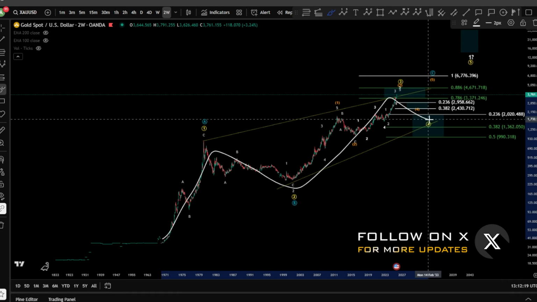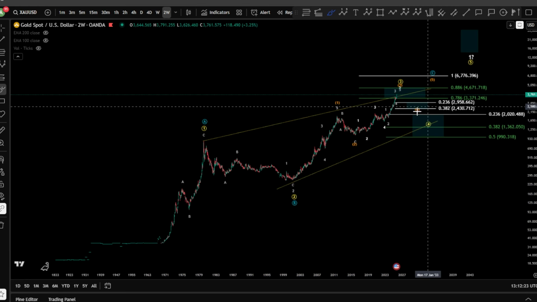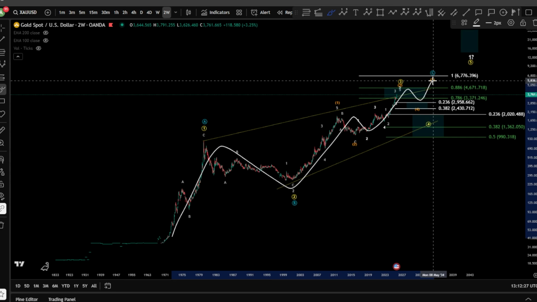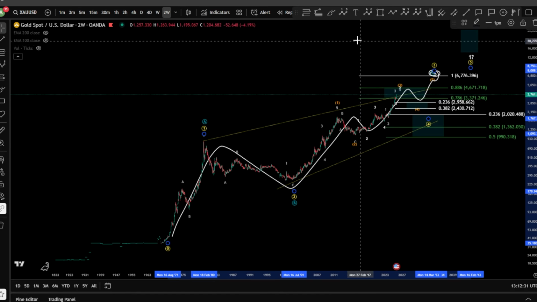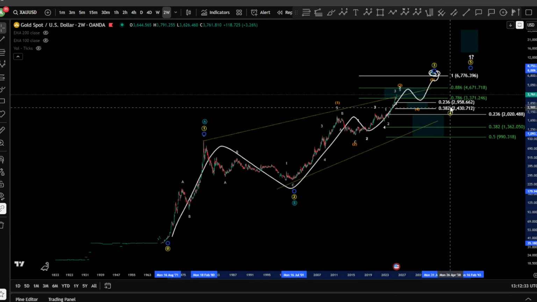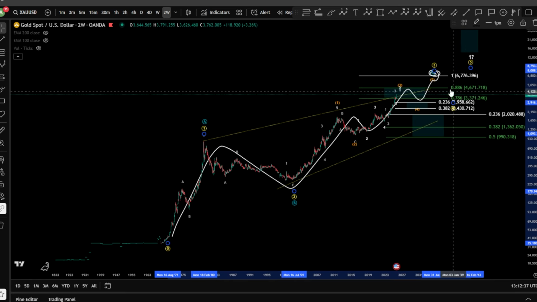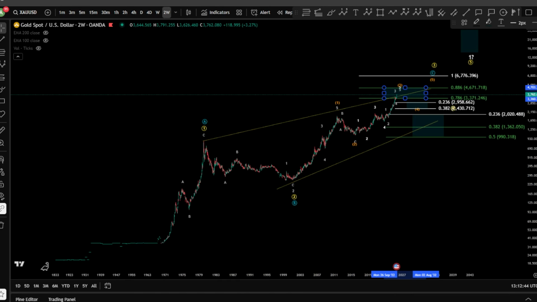Yeah, so basically, if we have a 1, 2, 3, 4, and a 5, we're still looking for higher. Or if you are in a 1, 2 here, you have 1, 2, 3, 4, and a 5 for a wave 3, meaning wave 3 in the yellow can push over there. And then having wave 4, which is, of course, in yellow again. And then wave 5 towards the upside, meaning we're talking here above the 6,000 for the gold. So very, very interesting for the gold.